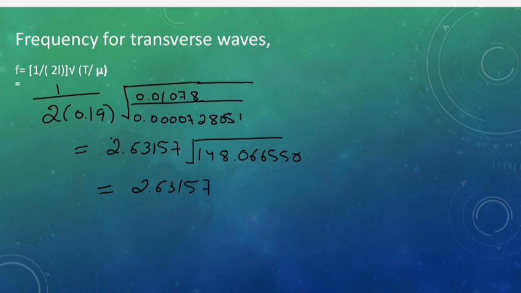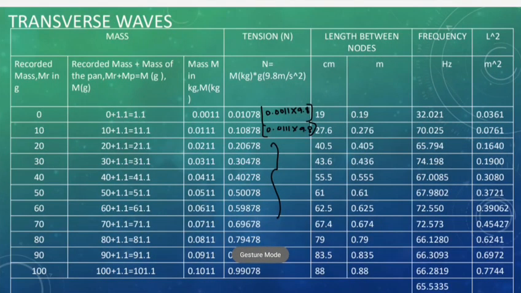2.63157 and root of 148.066550 is equal to 12.16825. So multiplying this, we get 32.0216 Hertz. We have recorded this value